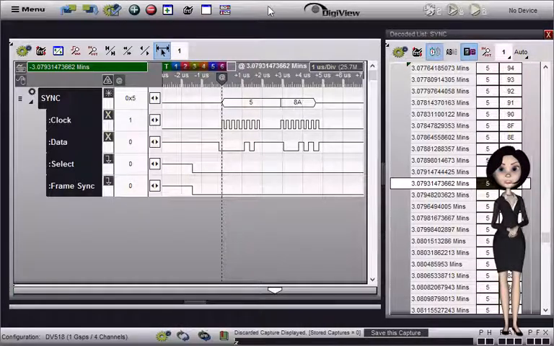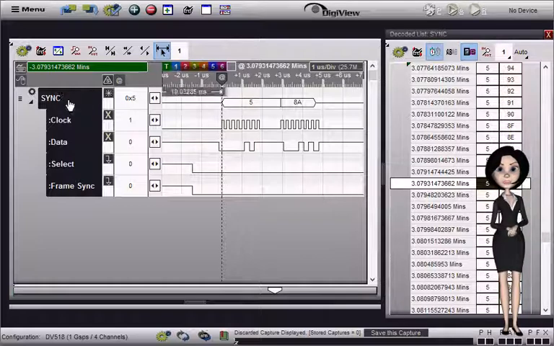Use the synchronous signal type to see the data from a single channel decoded as a field of data, or framed fields of data, by using another channel as the bit clock. Optionally, you can use the select channel to qualify the clock. We have already added a synchronous signal to our project and captured some data.